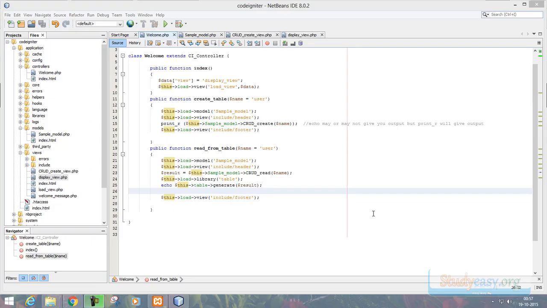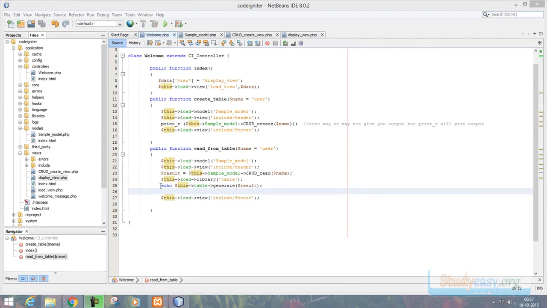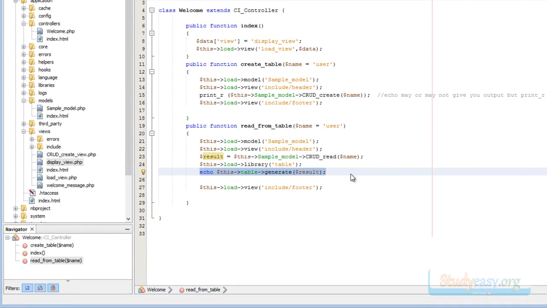Many a time it so happens that we need to manipulate the result which is returned by a table, which we will check in the advanced section of this course. Moreover, there is one more very important thing I need to discuss: for experiment and testing purposes only, and for training purposes only, we are straight away echoing these things directly from the controller. Please do not follow this convention in real life.